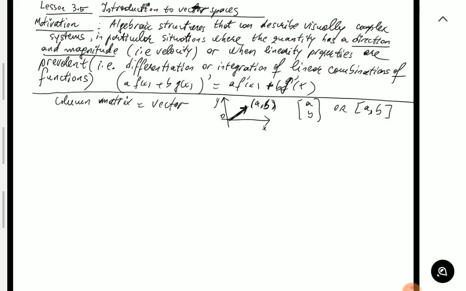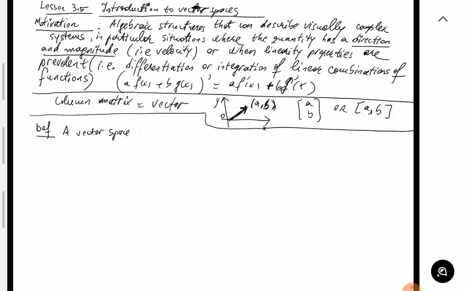So now the important thing before we move on to the definition is to realize that vectors don't have to be matrices. They can be really pretty much any mathematical object as long as it follows the formal definition of a vector space. So let's move on to the formal definition. A vector space is a collection of objects